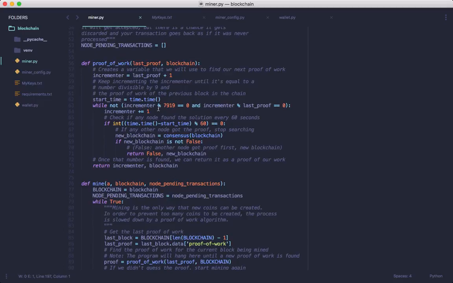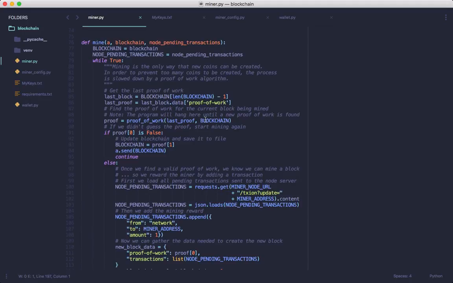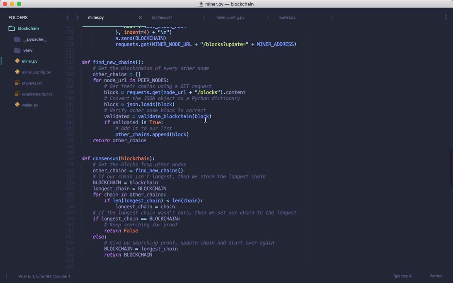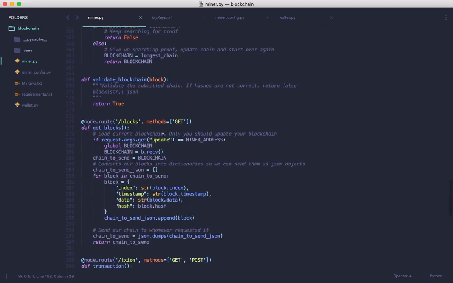In here, we use a simple proof of work algorithm where we check if the number is divisible by 9 and then the previous proof. If so, that is the nonce, or else it keeps on checking. We have the mining implementation where the program keeps on mining for new currency, as well as it finds if there are new transactions or new blocks being added to this blockchain. There is a small consensus algorithm where we check if the block makes this chain the longest or not. If so, that is the block to be added. If not, we find the longest chain.